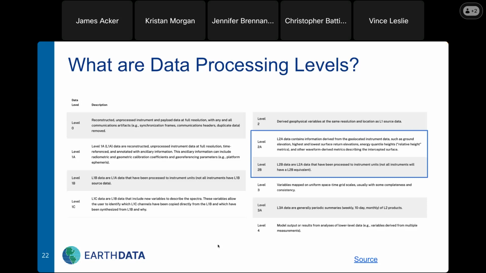The other collections with the higher processing levels, specifically around level 3, is where you start to get into things that look a little bit more intuitive. So these are usually attached to a grid, and there's been interpolations and spatiotemporal adjustments with a little bit of completeness. Some of them might cover the whole planet, some of them might not. The two most popular collections that we host at GES DISC